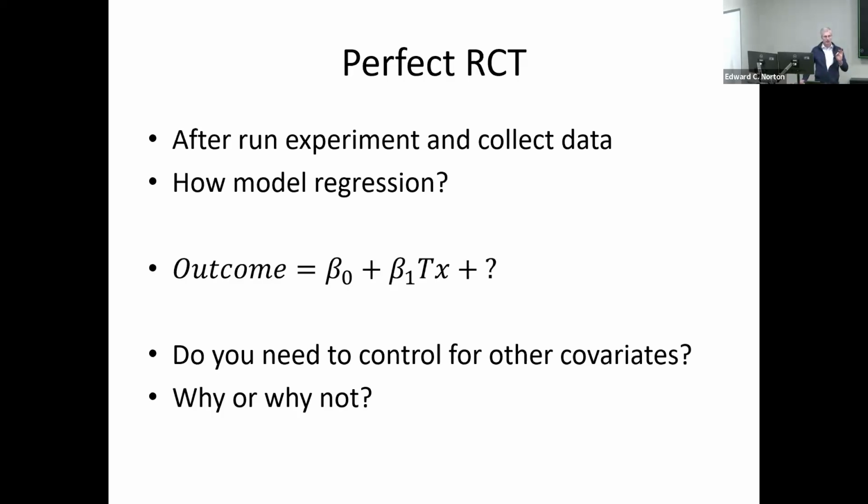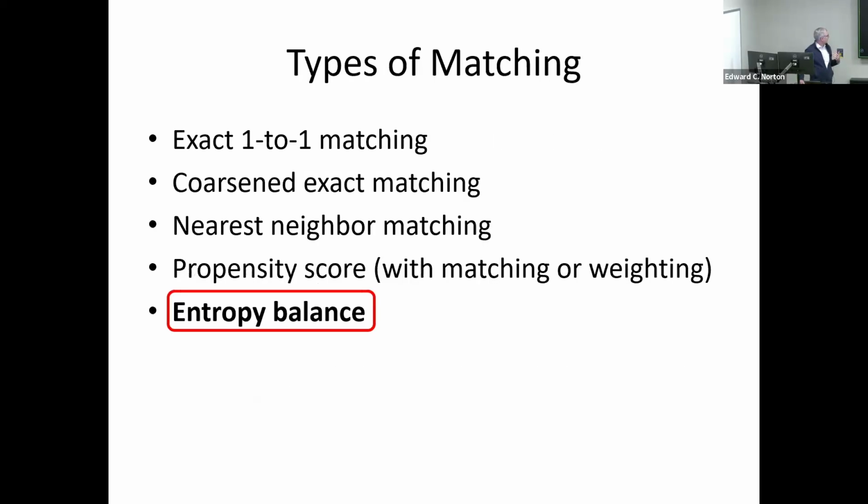coefficient will not. Okay, and so what we're aiming for here is matching likes to likes. We want a balanced table of covariates, and we want this RCT property where we get the same thing, whether we include the covariates or not.